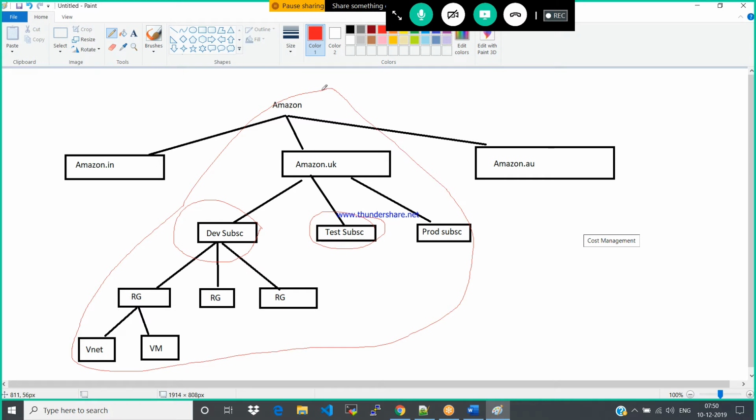You can do it. The problem is, see how many subscriptions you are having now? Three subscriptions. You mean to say you need to pay three amounts for the three subscriptions. So if you have a startup company, you don't have that much budget for cloud services.